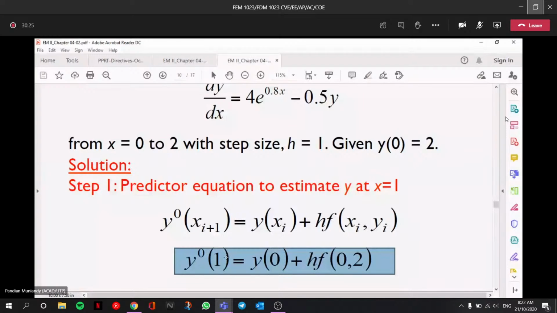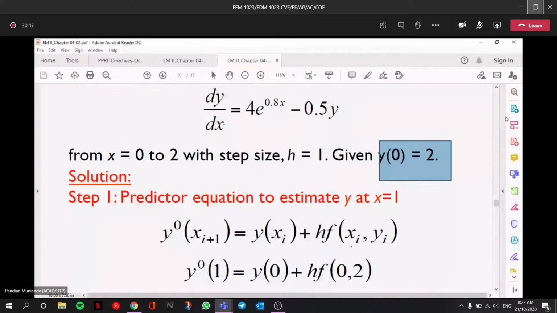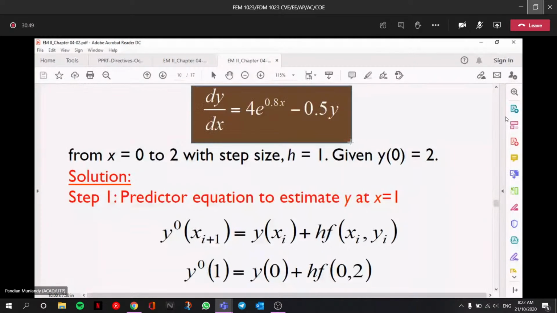Fortunately, x1 here is 1. This one is x0. This is y0 plus h f x0, y0, and y0 is 2. You put it here. So now this is your f x y. Write down, yeah. f x y